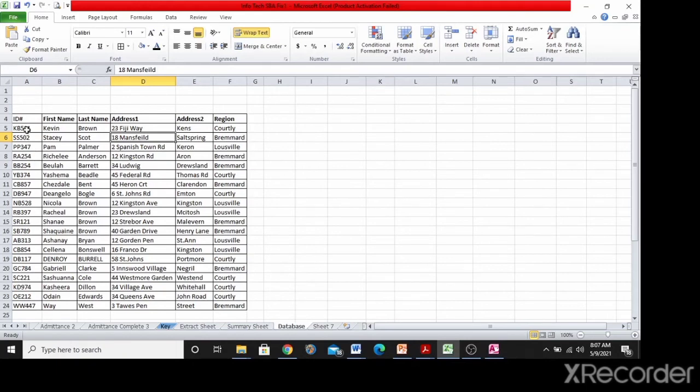Remember, your ID number is supposed to have the initials. So the first initial for the first name, first initial for the last name, followed by a 3-digit number. So that's how come I have KB, because it's KB. Alright? So you can see Rachel Brown will be RB and then any 3-digit number. Alright? So I'm going to copy these ID numbers,